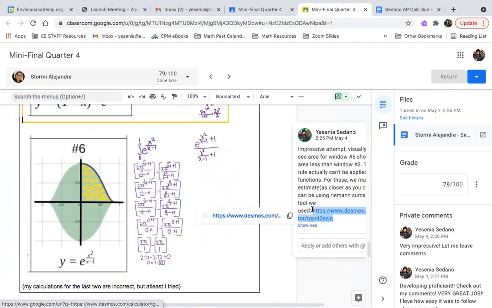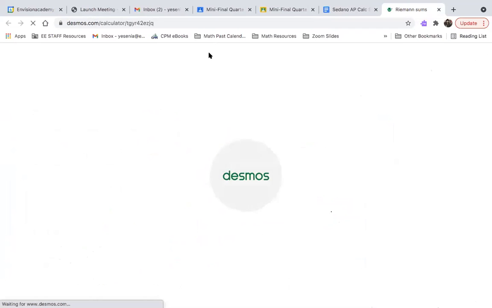There we go. So I have a tool for you that you can use if you're saying you want to use Riemann sums. So I'm going to go ahead and share you the tool. So let me put this into the chat. What I could do is stop and start telling you how to draw rectangles in the function, which would take up a lot of time. So if you click on that link that I just shared with you,